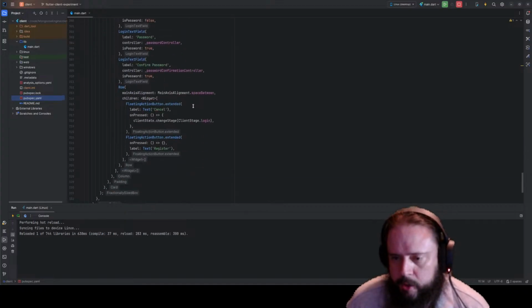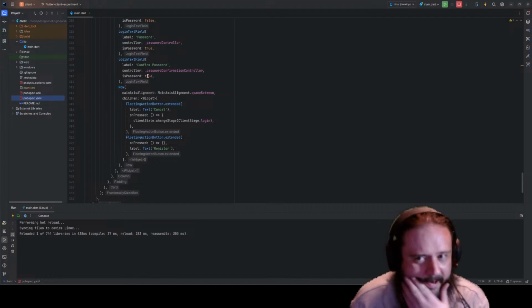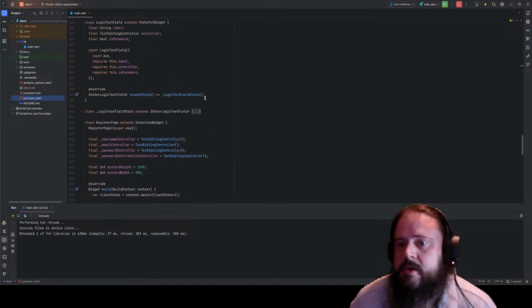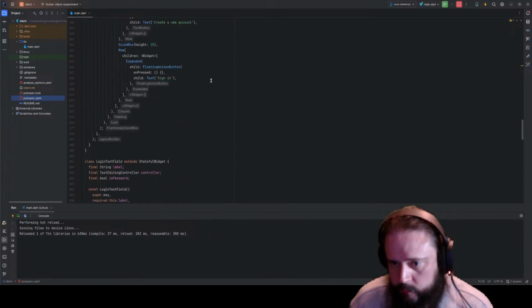That's going to need to go in a place that we can call. And we'll have to look at that. But this is already becoming a huge file, right? And I think I want to